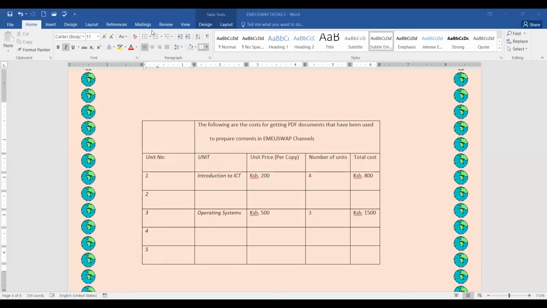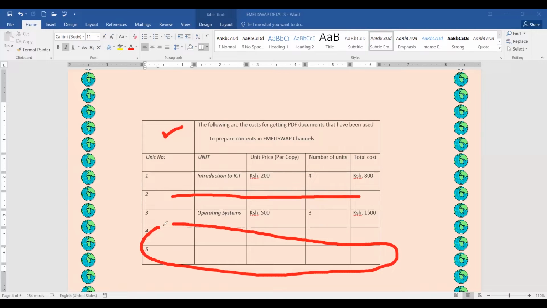So in this table, there are some rows and columns we can do away with. For example, I have this cell that I don't need. I have this row that I don't require. And I have these rows here that I also don't require. So I can delete them. So to delete